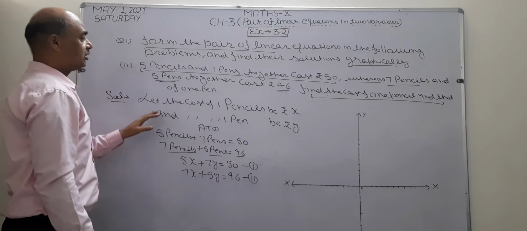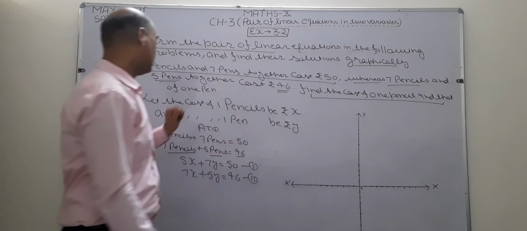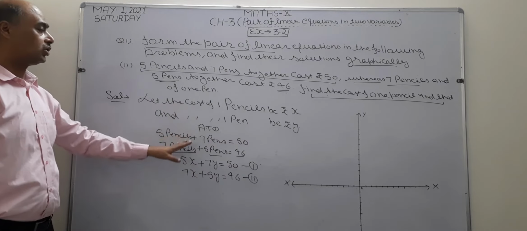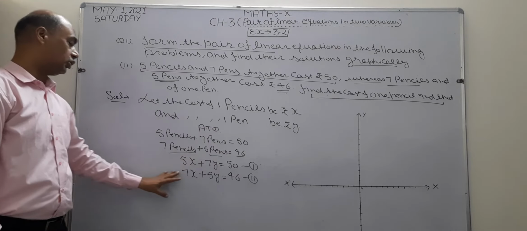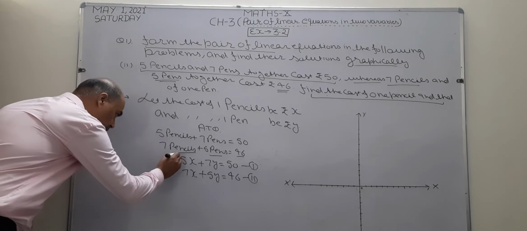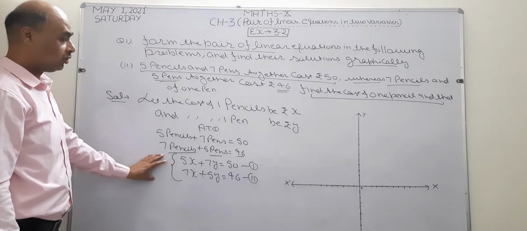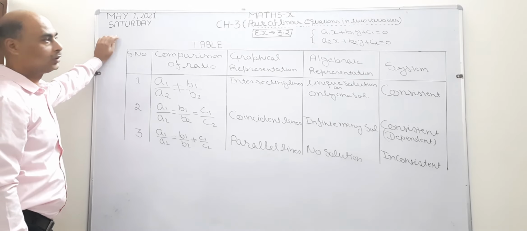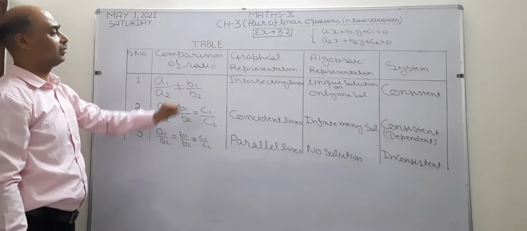Now what is the question? We have to find the cost of one pencil and one pen graphically. Now this is the algebraic part. In the last question, I showed you how to make the table by using the 0, 0 method. I am going to leave the graphical part of this question for you. Try it yourself. Okay. If you have any problem, then you can ask me. Now before starting the second question, I am going to discuss one table with you.